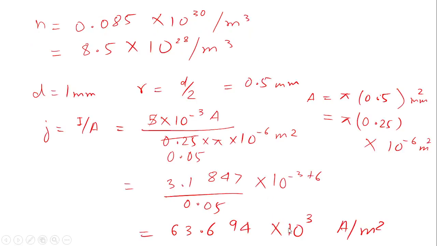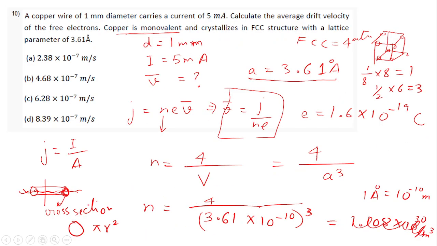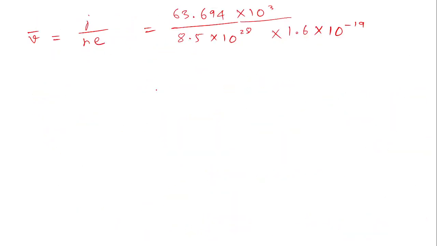And this I forgot, 10 to the power 3. And then the charge of an electron, which is 1.6 times 10 to the power minus 19. Yes. Okay. When I calculate all of this, I will get